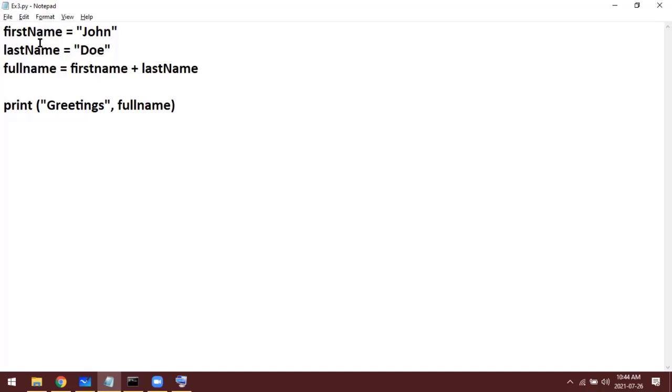As you know, Python is a case sensitive programming language. Here the variable name is small first, then capital N name, right? First name. But here we have used everything in small. This is wrong. So now we have to make this a capital one, right?